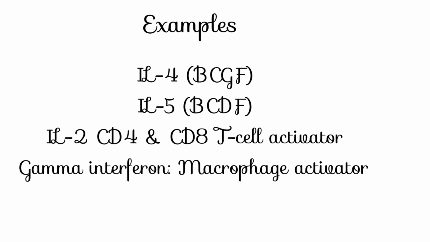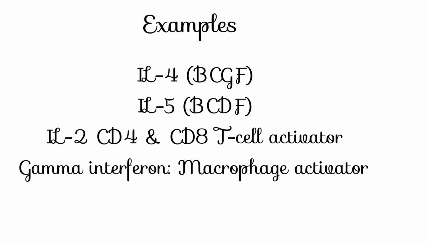They produce interleukin 4 and interleukin 5. Interleukin 4 is the B cell growth factor and interleukin 5 is the B cell differentiation factor, and both of these interleukins are involved with the activation of the B cell, their growth, and differentiating those B cells into antibody